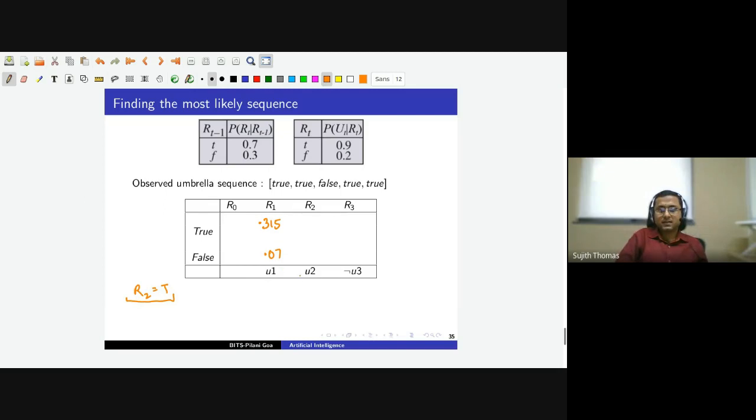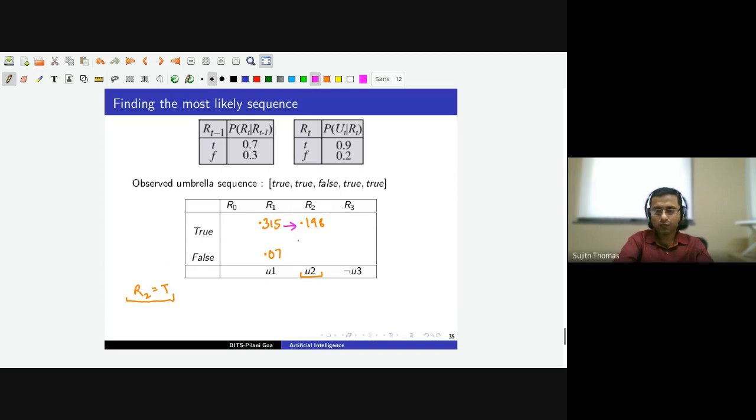So in this case, we see that the observed variable is U2. I will not write the things because the steps will be exactly the same. The probability that we will get is 0.198, and this will be achieved when we move from true to true. So when we move from R1 is equal to true to R2 is equal to true, that is when the probability will be maximized, and so on. I hope the intuition is clear. I will come back to this if something is not clear.